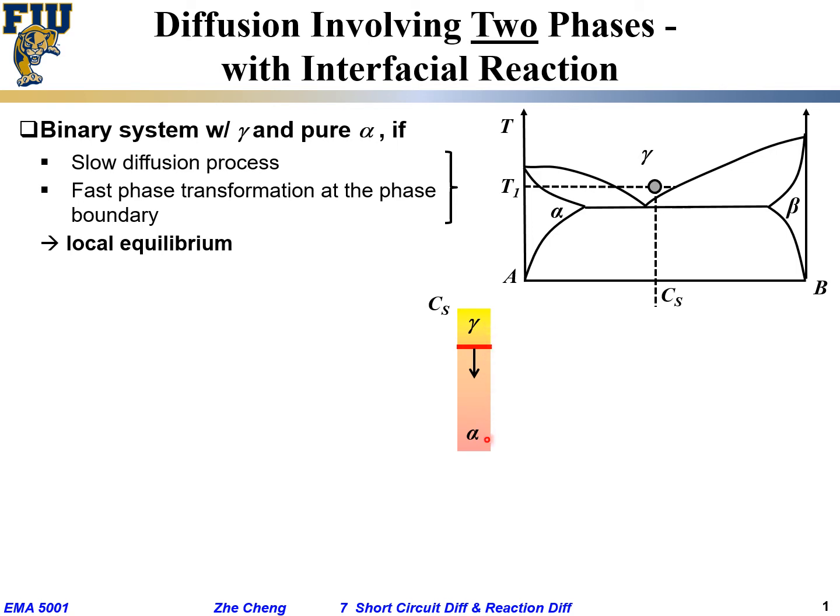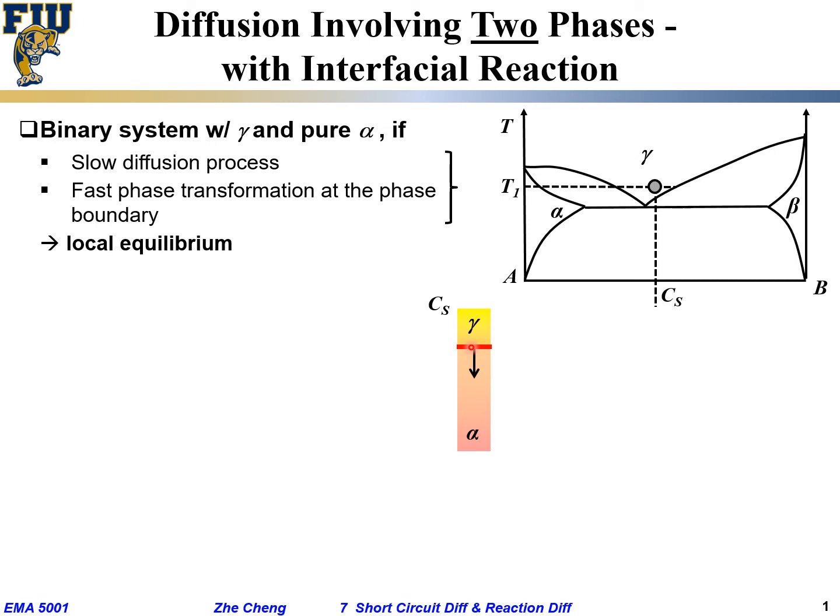I have alpha phase here. Local equilibrium means right at this interface, assuming my temperature is uniform and it's all at T1, the composition for each of the phases at this interface would be determined by equilibrium,